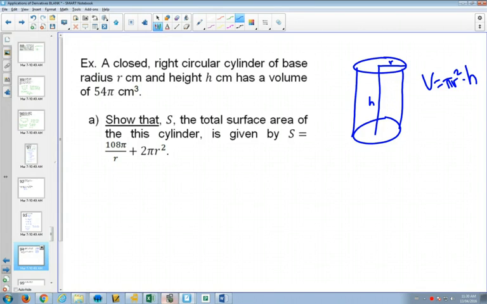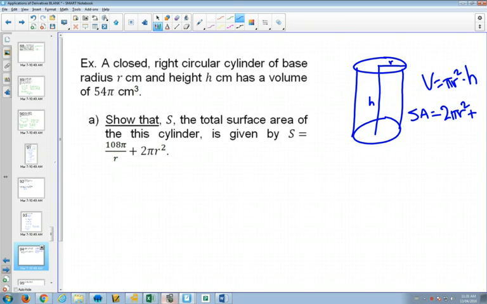Same thing with surface area. Our surface area formula for a cylinder, can you see that there's a circle on the top and a circle on the bottom of your surface area? So when you have that, you have two circles, 2 pi r squared. You also have the surface area around the cylinder. So if we look at this cylinder right here,